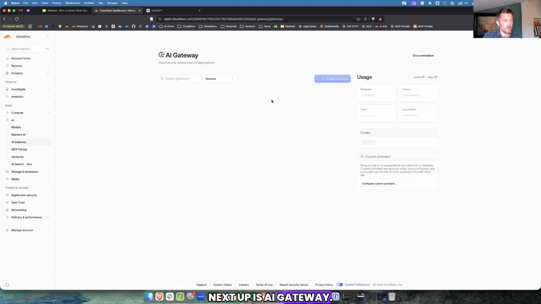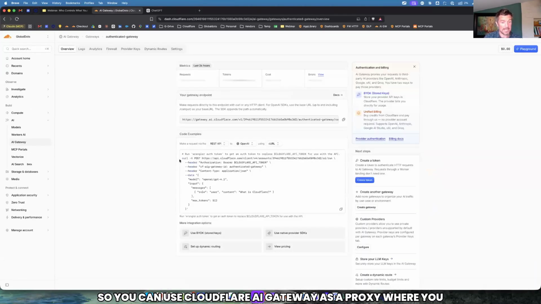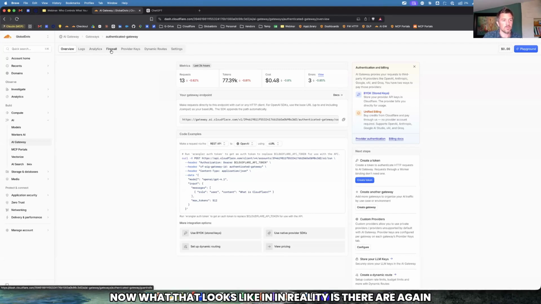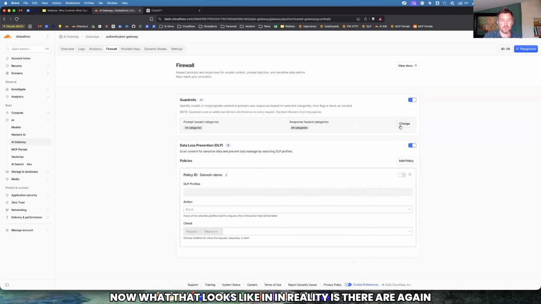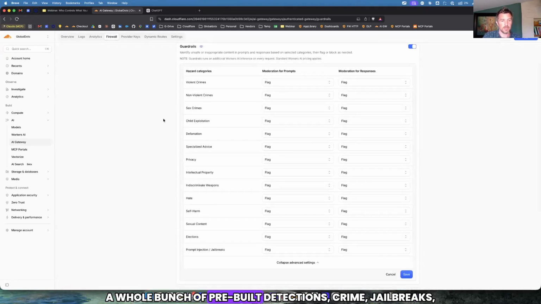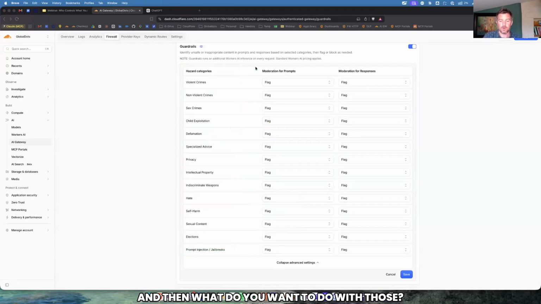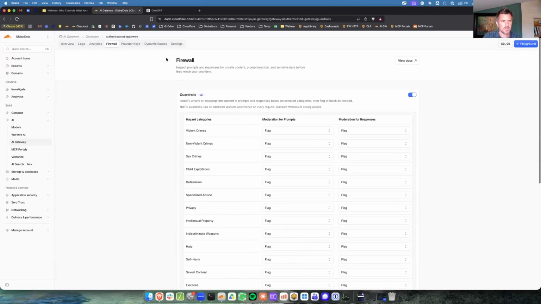Next up is AI Gateway. So you can use Cloudflare AI Gateway as a proxy where you can route all of your traffic via Cloudflare and have that traffic inspected with controls on that. Now, what that looks like in reality is there, again, a whole bunch of pre-built detections, crime, jailbreaks, etc. And then what you want to do with those.